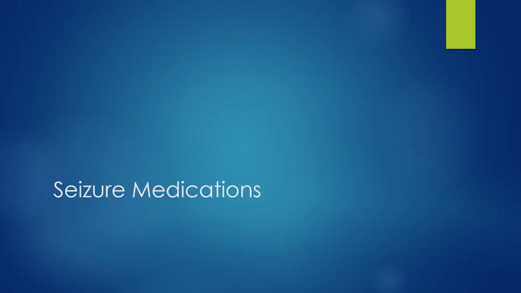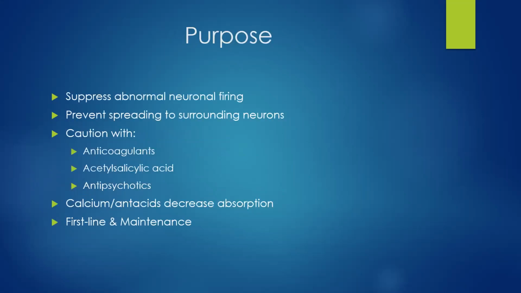So let's talk about these medications because that's going to be the next thing on the list that you guys are like, what the heck do I need to know about seizure medications? And so basically what happens is we want to do a CNS depressant. So we want to suppress or depress the central nervous system because, again, remember, there's a neuron up there firing way too fast. It is doing too much, and we want to prevent it from going to other neurons.